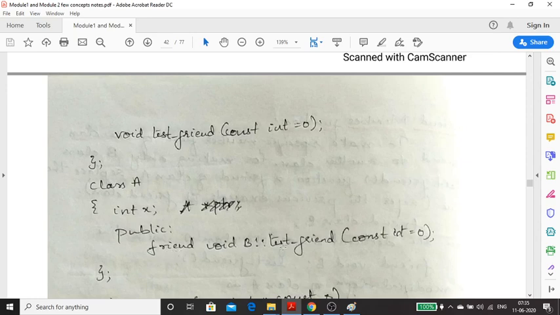Here we use B and the scope resolution operator, telling the compiler that test friend belongs to the class with name B, and that we are making a friend toward this particular class. So within test friend I can access this X.